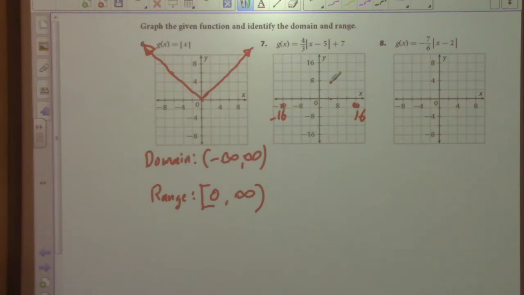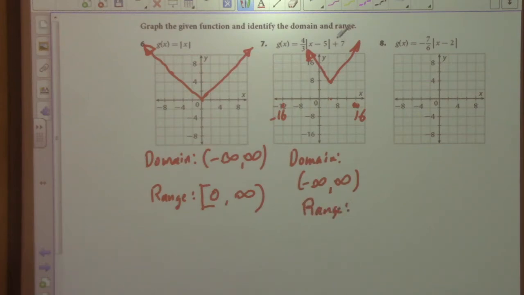Okay, so anyway, we're 4/3, right? So we're starting here, then up 4 and over 3, and it's hard with these being 4 apart to see exactly, but it's gonna be something like this maybe. Does that look right? It's perfect. And then like this over 3 this way, so something like this. And then our domain. What was our domain for this guy? Same thing. And our range is gonna be,